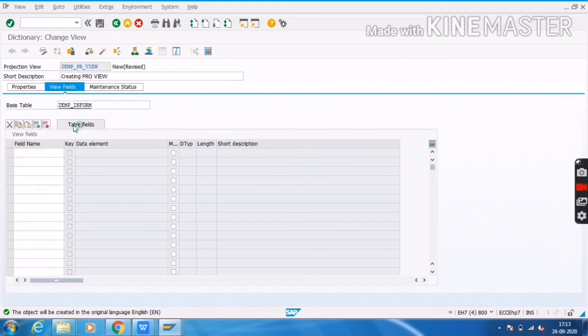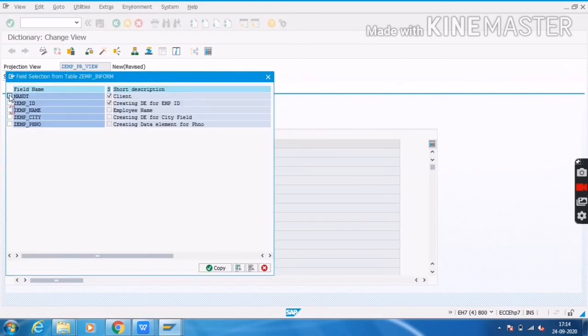Here we need to select which fields we show in the output. I am showing all the fields, but here we can unselect. Here we can select which fields we are showing. As I said before, we can hide unwanted fields. If we don't want to see the employee phone number, we can uncheck this one. This facility is available in the projection view.